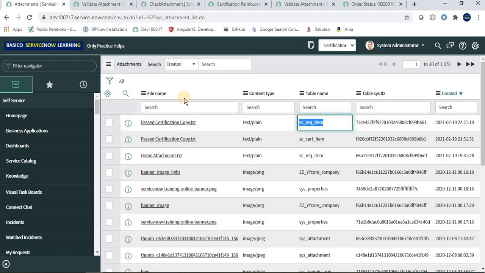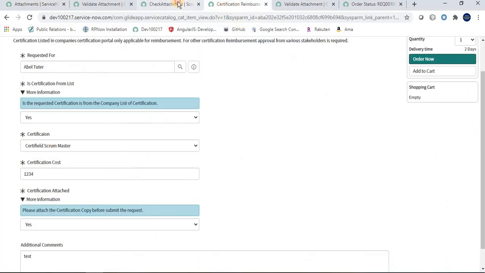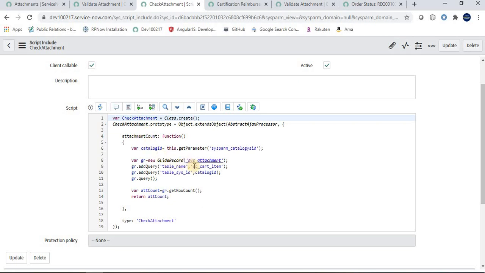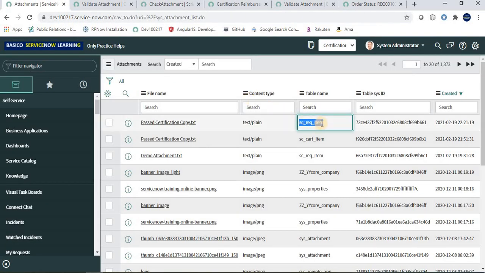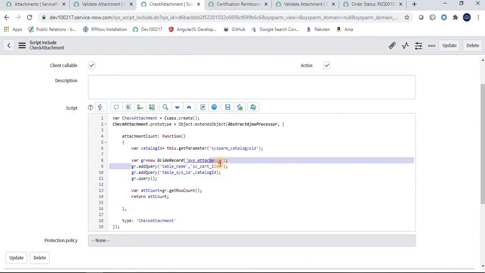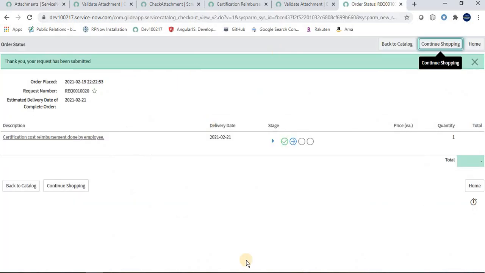This is the thing I wanted to showcase, because when I was writing this script include, I used sc_cart_item, but the actual value is saved in sc_req_item. I wrote the table name as sc_cart_item because at that time we were only validating the sys_attachment table, whether the particular attachment is available there or not. So we are done with both things and our request gets submitted.